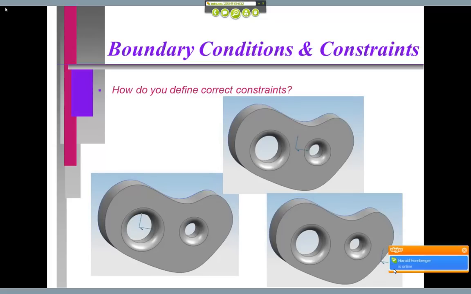The next few slides talk about kind of the boundary conditions and the constraints. And you probably can't see this very well here at BYU, so we're going to kill lights. This little axis here is put there trying to represent the fact that we are constraining this entire face. Okay? This little axis in the lower left-hand corner in the center of that cylinder is trying to suggest that we are going to constrain the inside